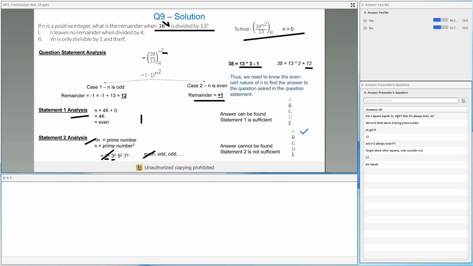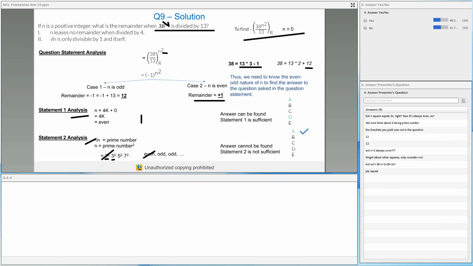A lot of people I can see are talking about this only. Projoy also is saying the same thing. I can see a lot of you thinking the same thing. No, please don't do that. This is wrong. This is not 38 to the power 2n. This is 38 to the power n square. Okay, n into n. It's not 2 into n. The bracket has been put in properly. If this would have been 38 to the power n bracket 2, then this would have been 38 to the power 2n.